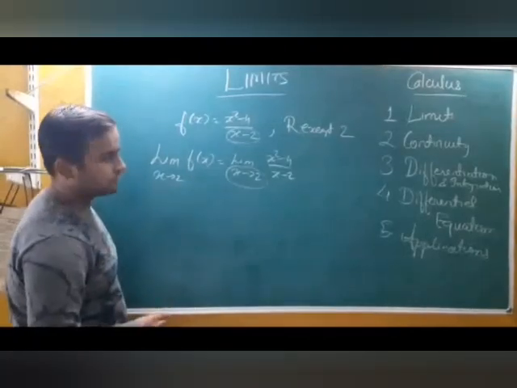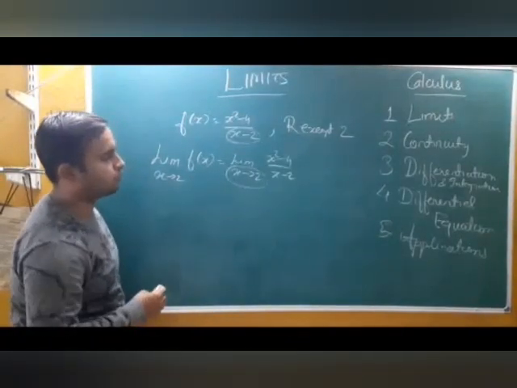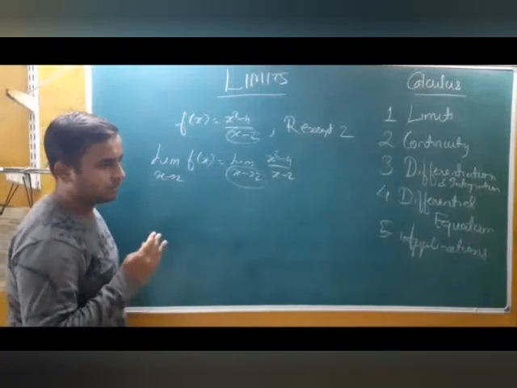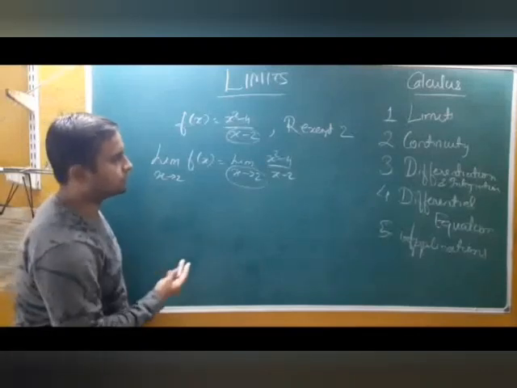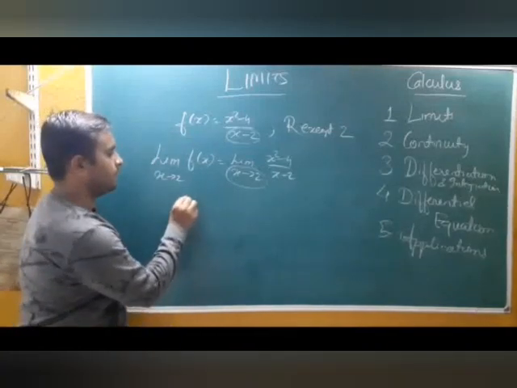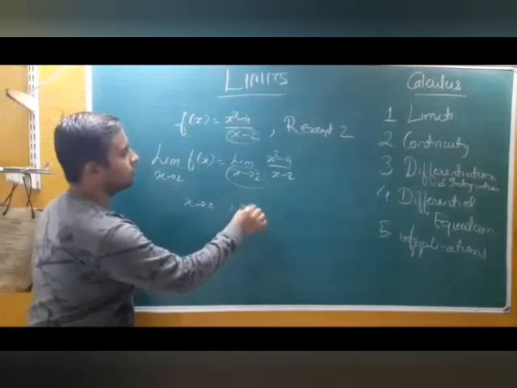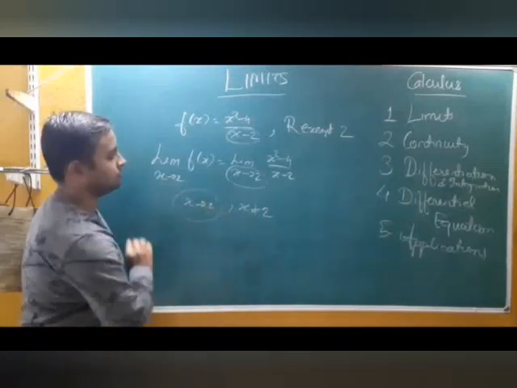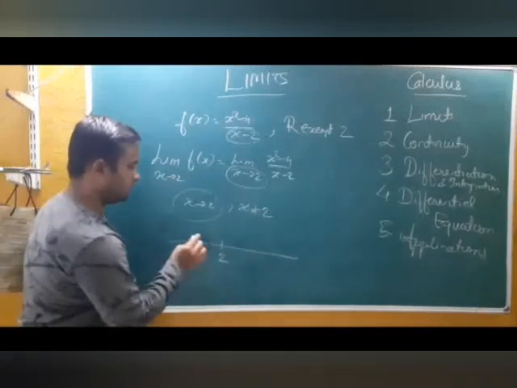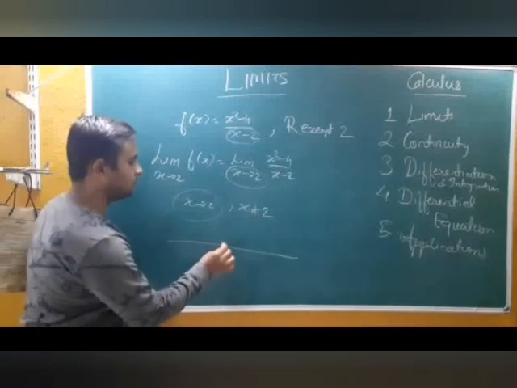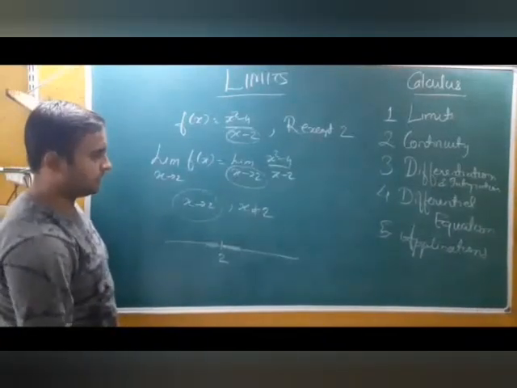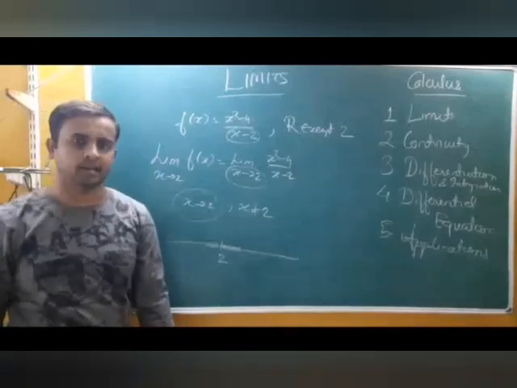The concept is x tends to 2. What does x tends to 2 mean? x is very close to 2. So what does limit do? Limit evaluates, or understands, the functionality of the function in the neighborhood of 2. So x tends to 2 means x not equal to 2 but in the neighborhood of 2. If this is a number line with 2 here, neighborhood of 2 means values which are close to 2 from this side and this side as well. We will see how this function varies in the neighborhood of 2.